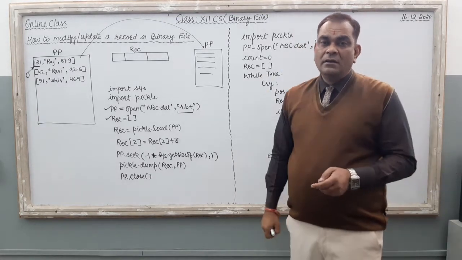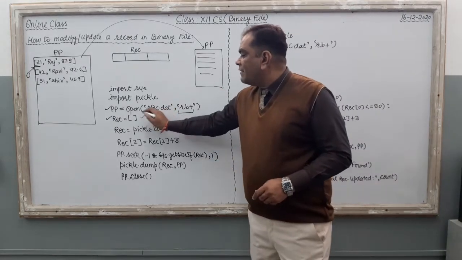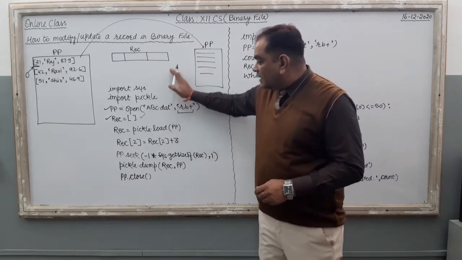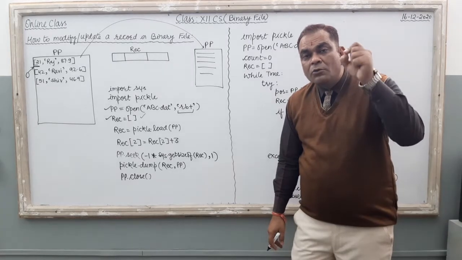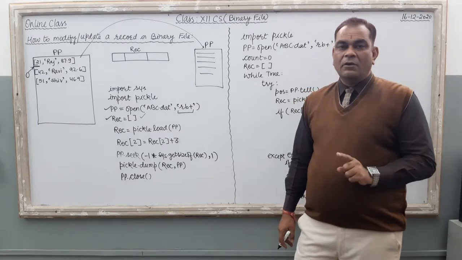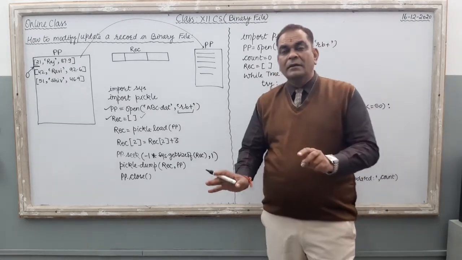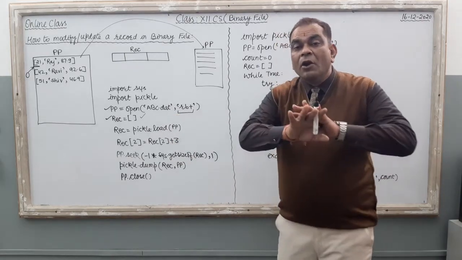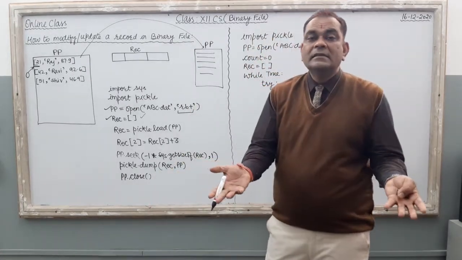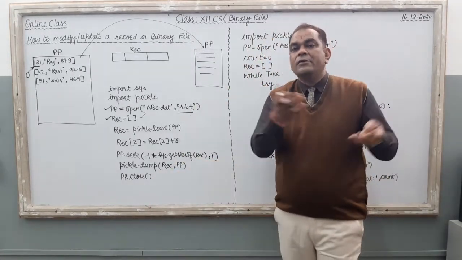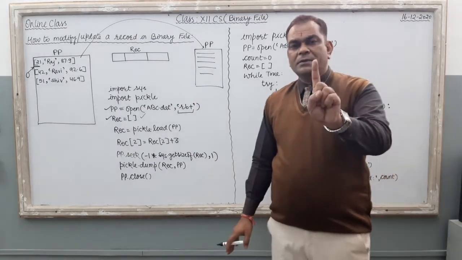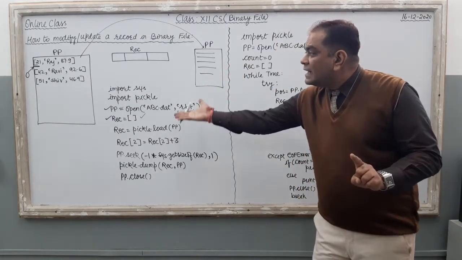Where is the current file pointer, right? So here just see, now one REC variable is created, and if you want to see the variable it looks like this inside the memory. Done. Now in this example I am going to read one object only from the file, so that you can understand well. So here in this program I am not using a loop, right? If I want to access all the records of the file, then it is necessary to use a loop. Either we can use a while loop or we can use a for loop. Right here, I am going to read only one object so that you can easily understand the concept.